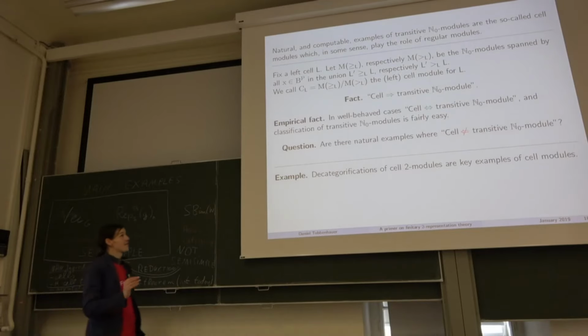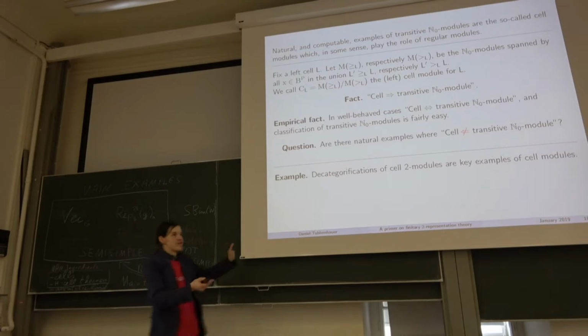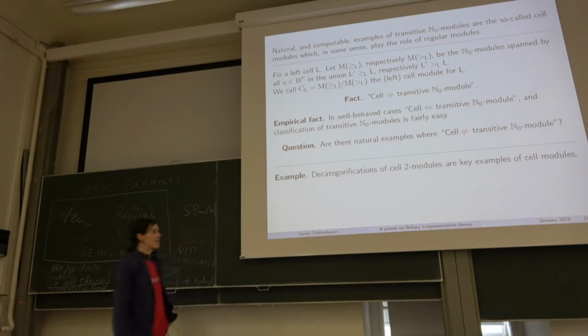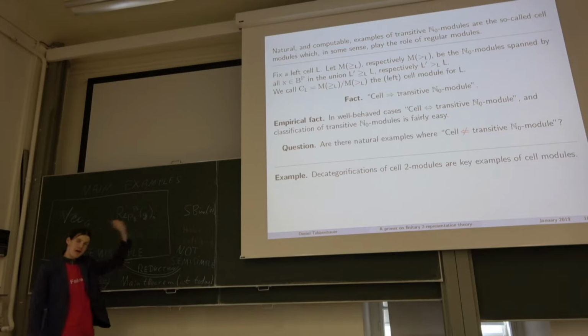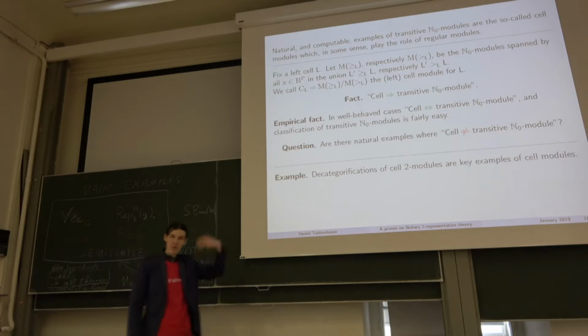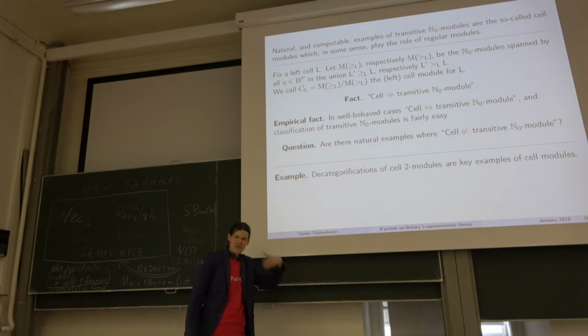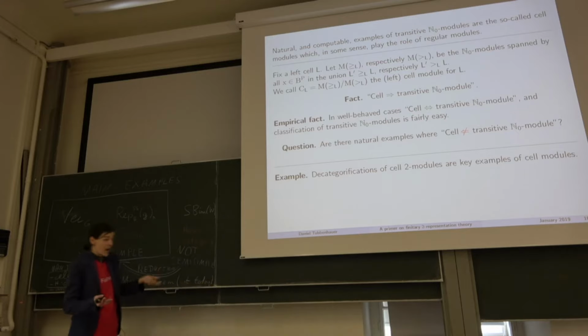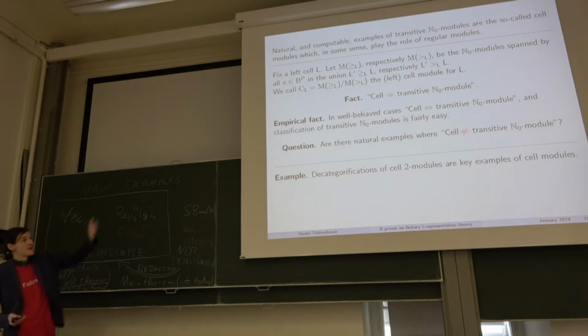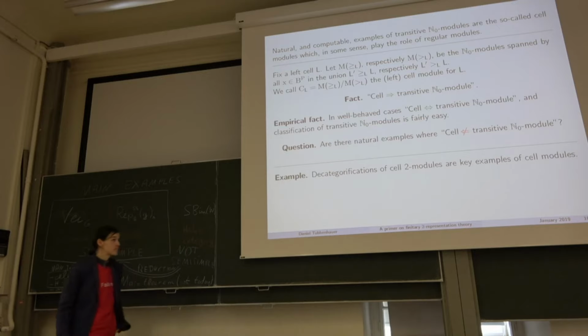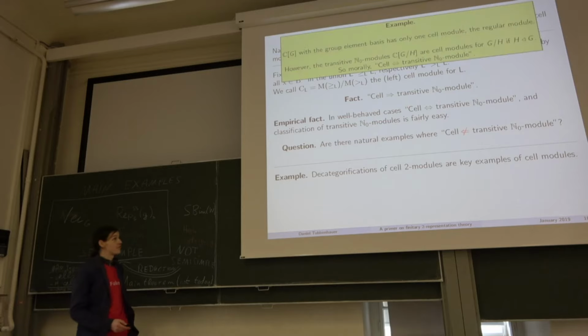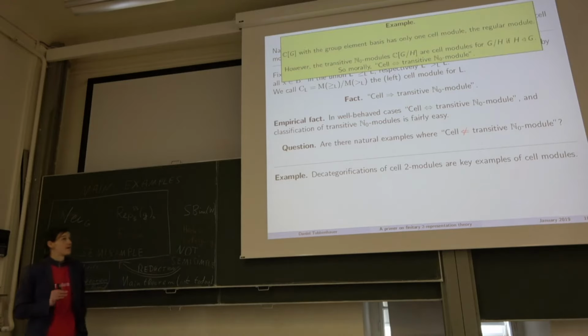Anyway, so those are basically the induced modules in this theory. And it's very easy to see that all of these are transitive. Basically, by definition, they are transitive. And the main question somehow is, well, like in those theories, you will cook up a very nice class of modules, standard modules, Verma modules, whatever you want, and you ask yourself the question, do I get everything? Are there some other modules? Are there some other simple modules? That's roughly the same as the question, are there actually transitive modules which are not cell? And everything, again, of course, comes from a categorical picture. So let me discuss this in a second, in a few examples.